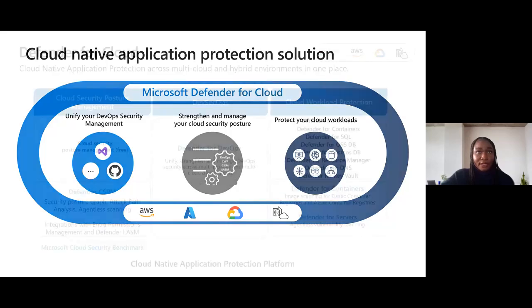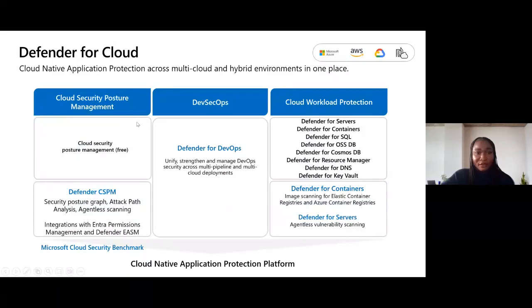And if we take a closer look at exactly what this means, we've laid out the different capabilities here that really make Defender for Cloud a cloud-native application protection solution. So when we look at cloud security posture management, we do have 3 foundational cloud security posture management capabilities, which we'll take a look at later, as well as the Defender CSPM plan that we recently released, that includes integrations with Entra permissions management and Defender EASM, as well as the Microsoft Cloud Security Benchmark. And then we also have DevSecOps capabilities from our new Defender for DevOps plans that allow you to unify, strengthen, and manage your DevOps security